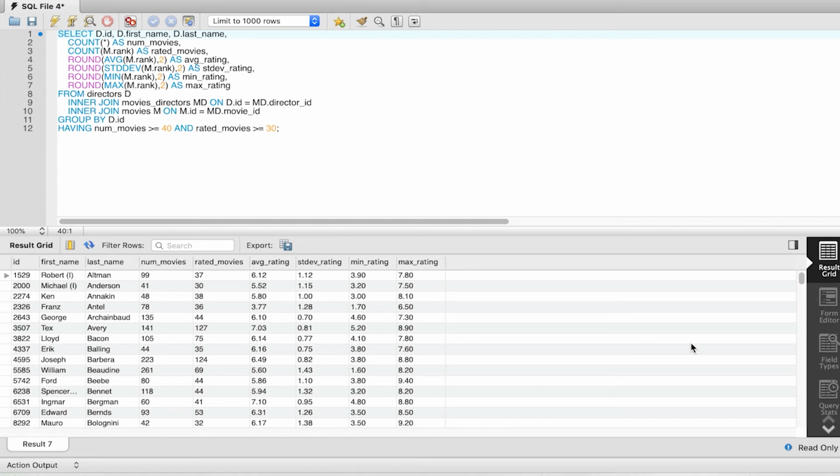I want now to highlight one thing about what we just did. Typically, whenever we are writing a group by query, all the individual attributes that we want to put in the select clause, for example, in this case, first name, last name, and ID, we also need to put in the group by. You'll notice that this doesn't happen here. We added first name and last name without adding them in the group by. This is an exception because of the following reason.